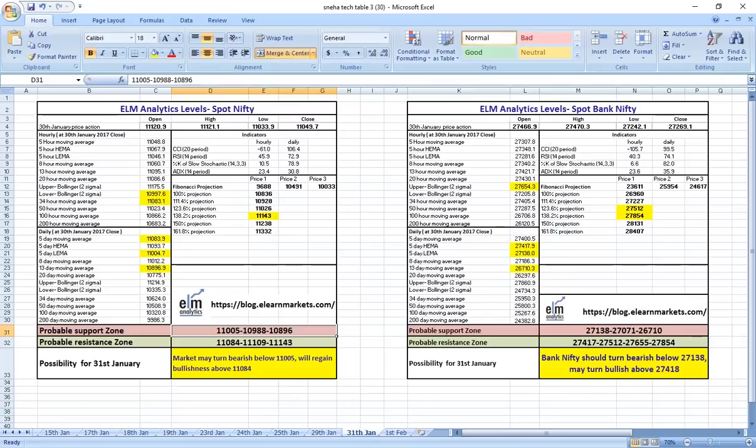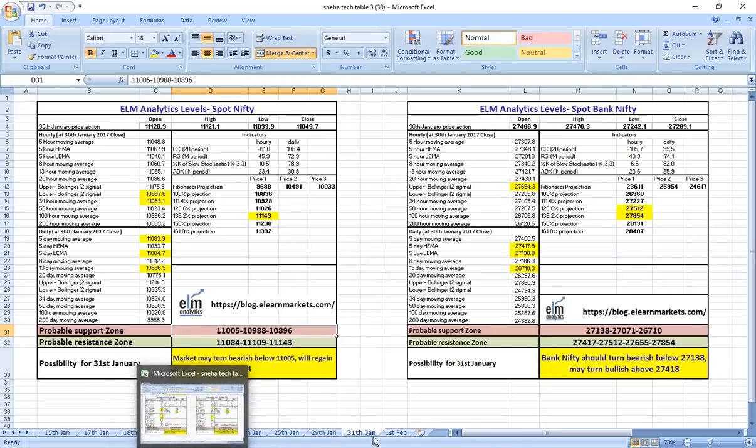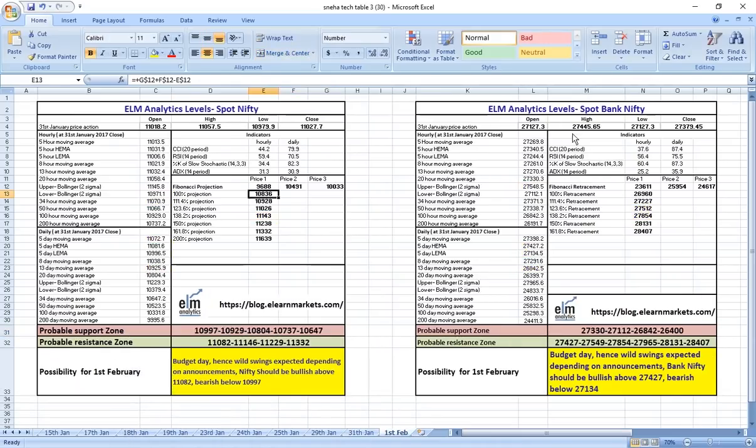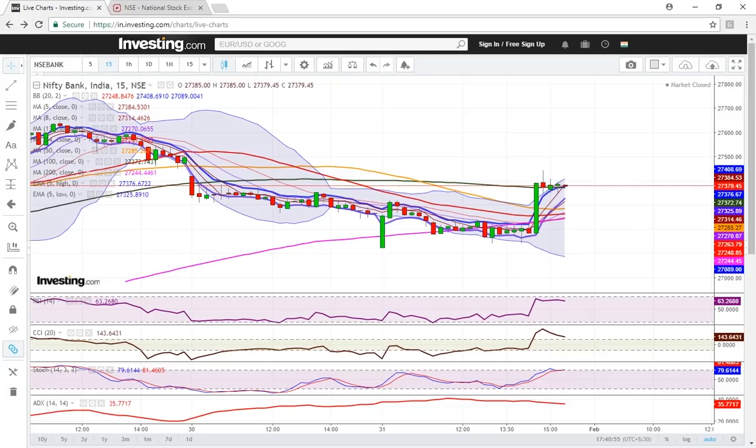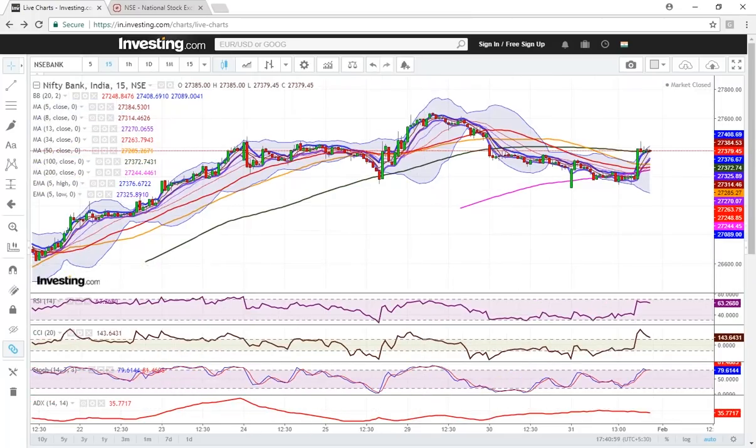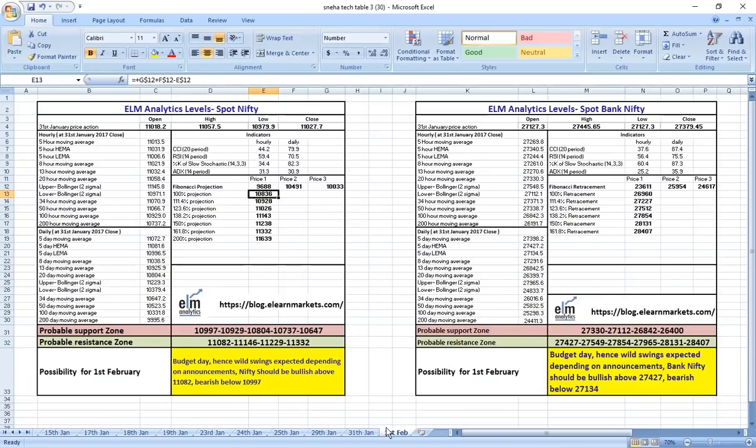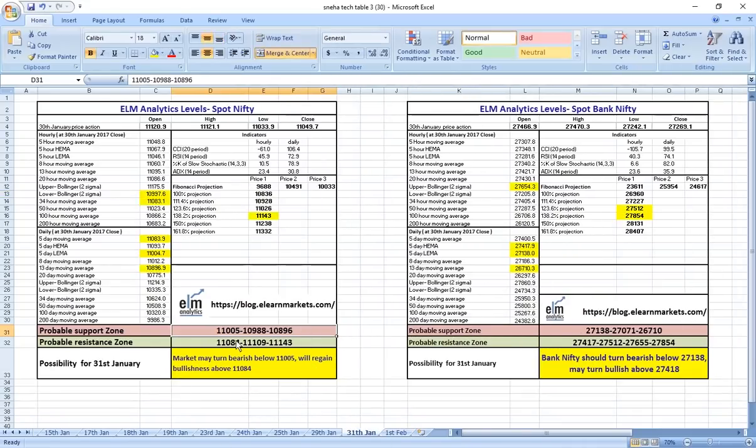27417, right? And see what was the high for today? It was 27445. So it even breached that point. So that is how the levels are important. So when you find a level in this parameter or in this probable support and resistance zone, you treat them